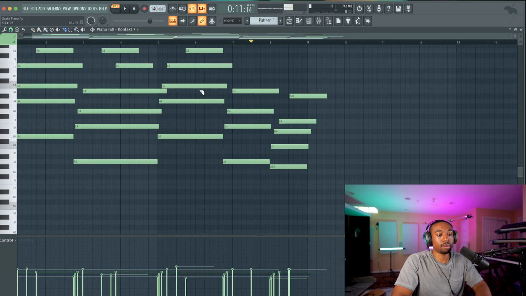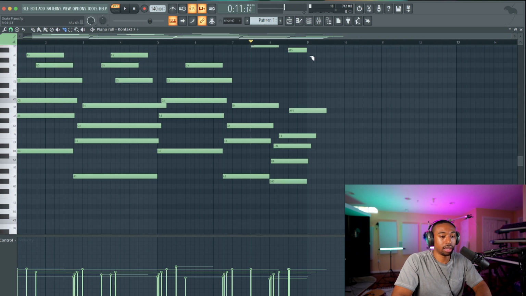Now with this, we're going to grab a slice tool, hit shift, and then right click to get rid of the excess. Now you got to be careful here because some notes are shorter. So we're going to hit shift, left click, and then we're going to manually highlight these, hit control with our pencil tool, and then get rid of those.